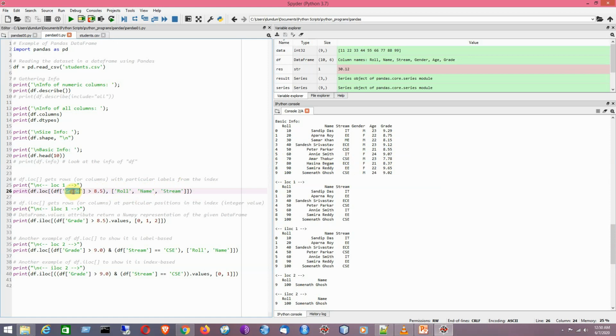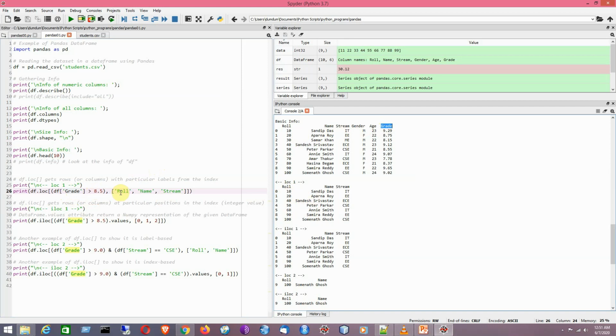But here we are mentioning the particular column, basically df colon grade within the index, that is basically a column, and it is shown by using its label. So the grade is the label of the column. That is the corresponding result. It shows the records that satisfy the condition, and it just shows the results for roll number, name and stream only.